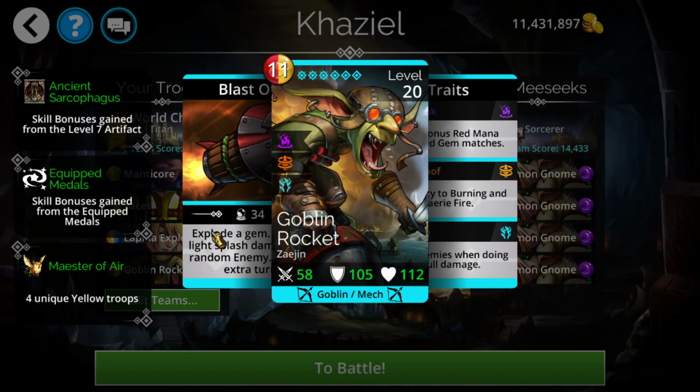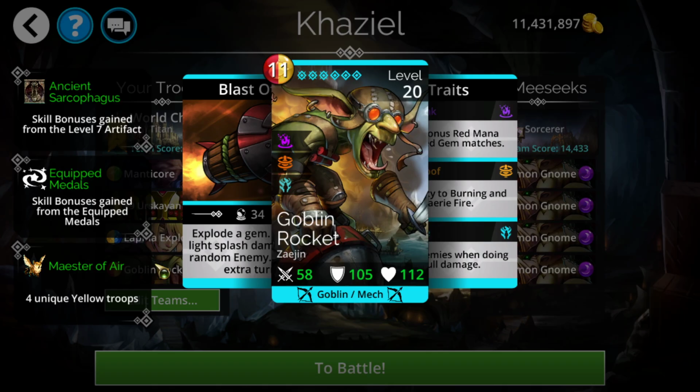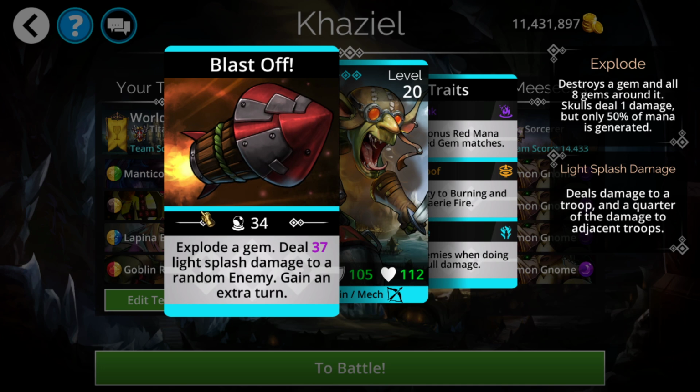And you have Goblin Rocket here. Technically, you might end up getting 2 reds because this will end up summoning a red. However, it is your primary red here, and it'll be exploding a gem for board control and chipping them down with the extra bit of...